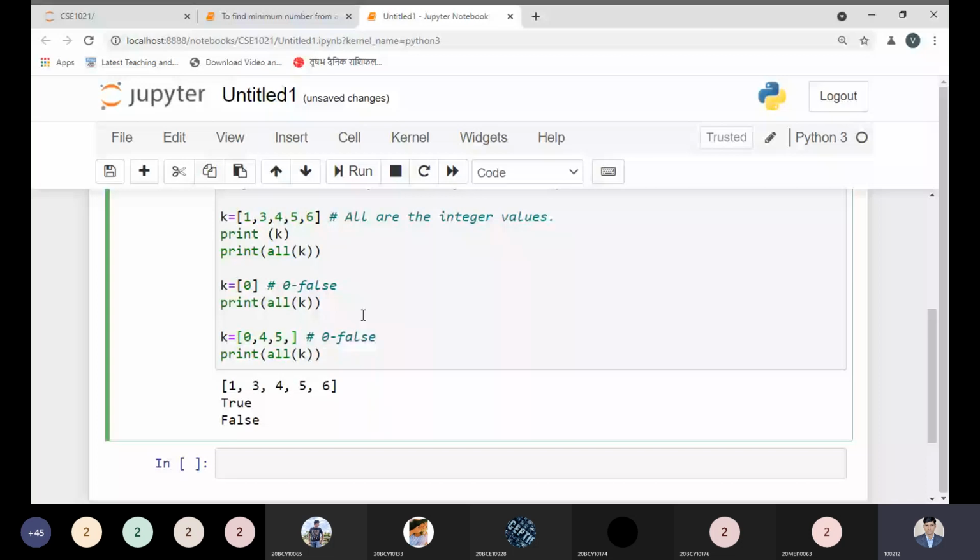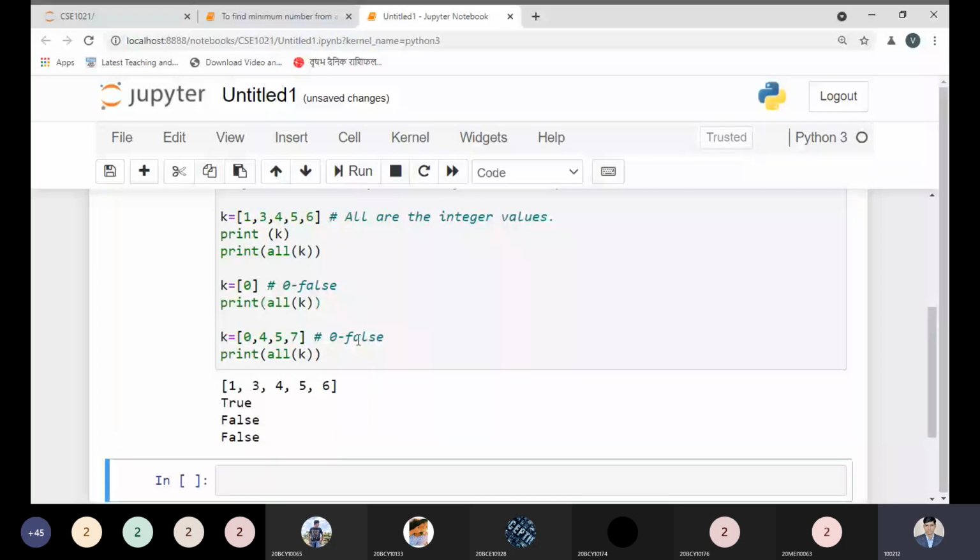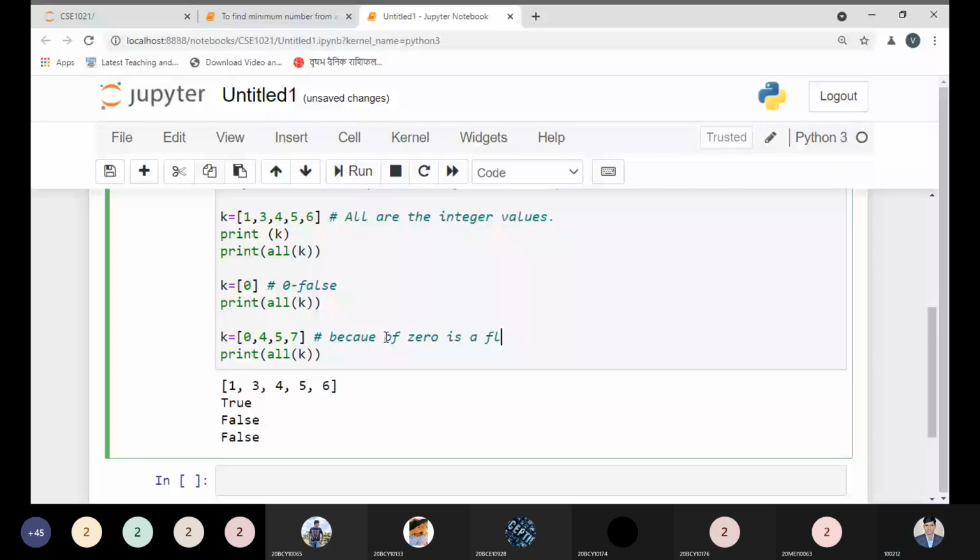See, False, because 0 is a false value. So here all should be true or non-zero integers.